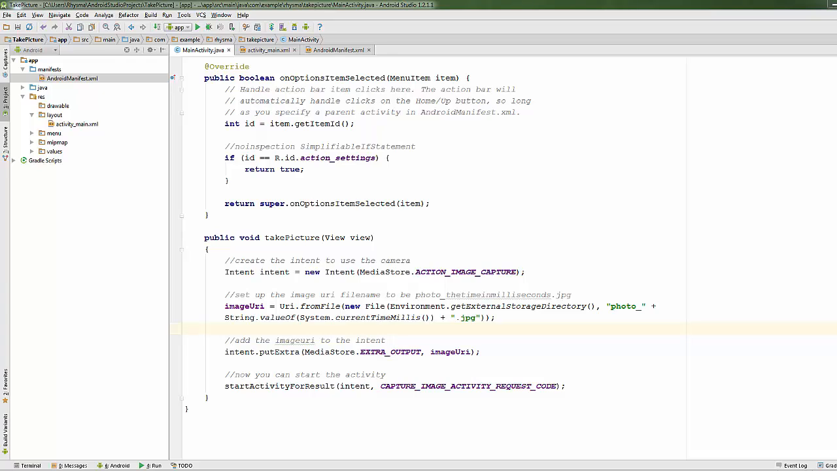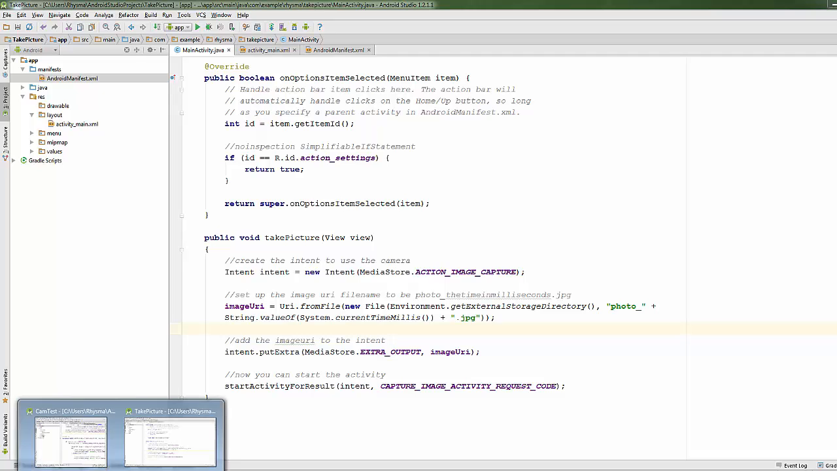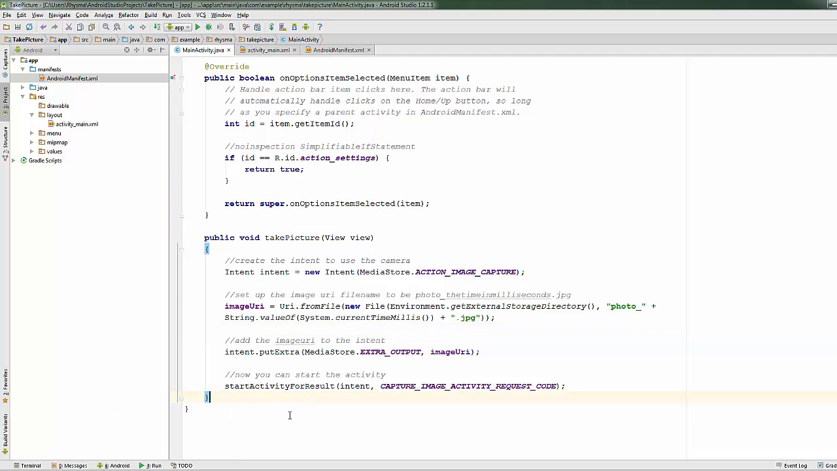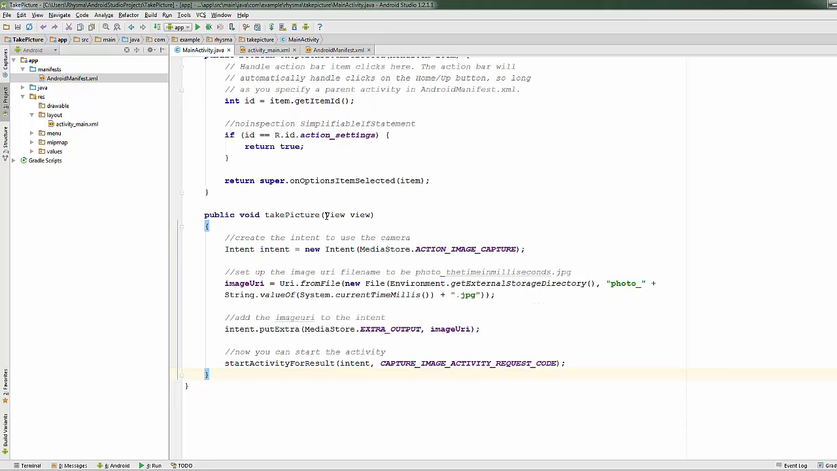So we're going to look at how to set up our on activity result event so that we can capture that data. So I'm over here in my Android Studio. We finished that take picture. We've saved the